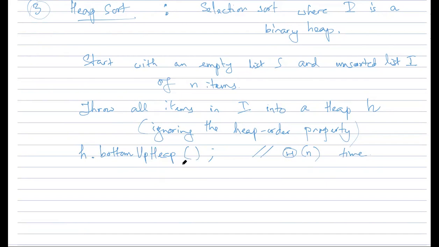So which is where you are just throwing into the heap and then you are looking for the last internal node, and then you are walking backward and then doing the bubble down operation. That whole series of steps takes linear time. And then after that,